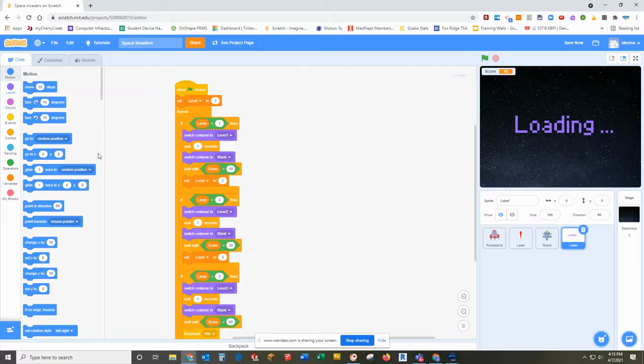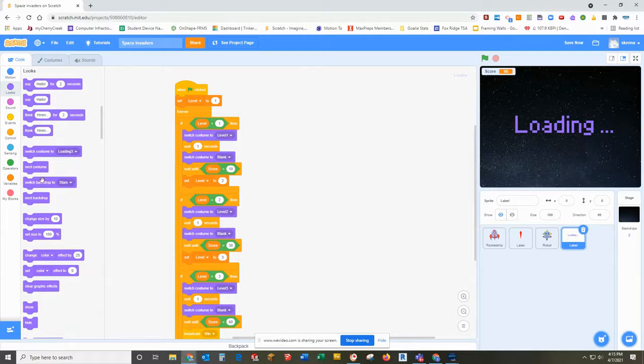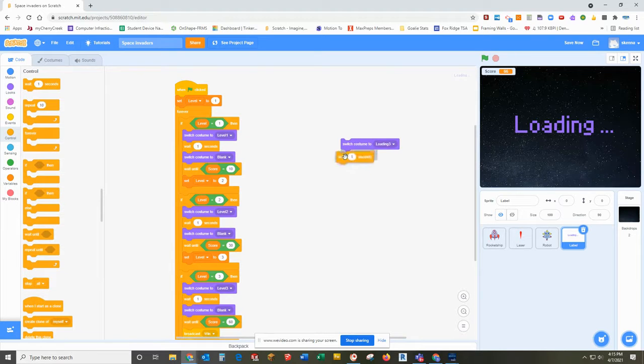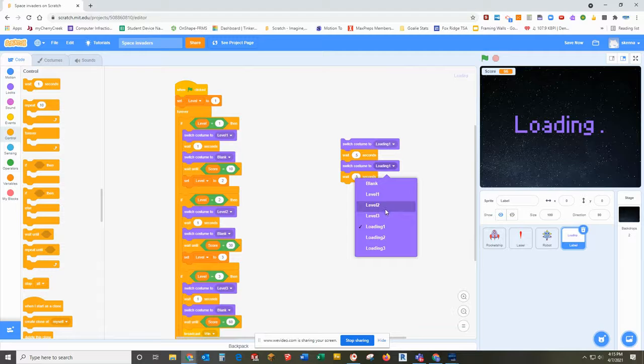All right, so first thing I'm going to do is use the costume blocks, the looks blocks. Okay, switch costume 2, and I am going to use a wait. And I'm going to do half a second. Okay, so loading 1, duplicate, loading 2, duplicate. So that says level 2. Loading 2,